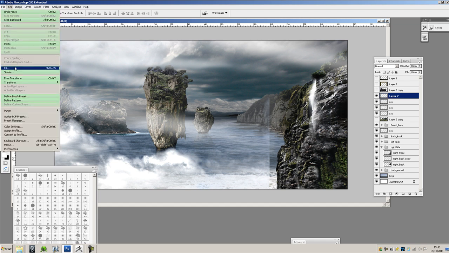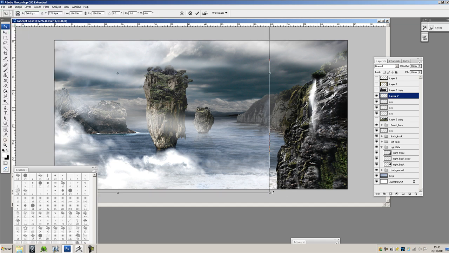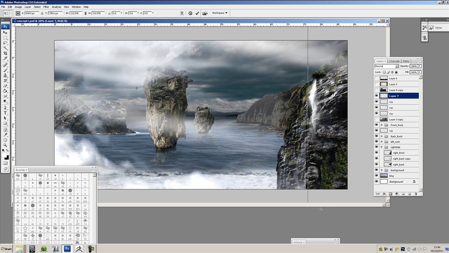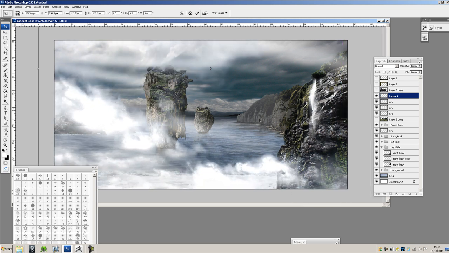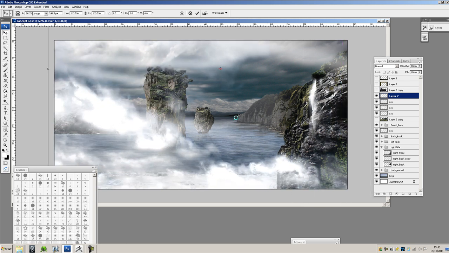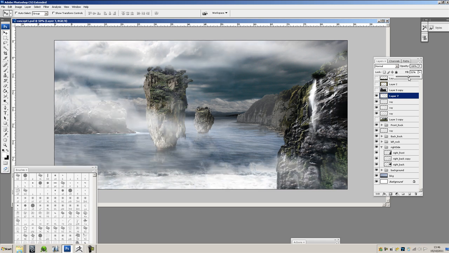So what I do with this is I free transform, drag it in, drop this right down, drag this behind the front rock,